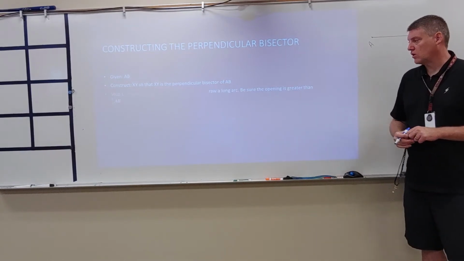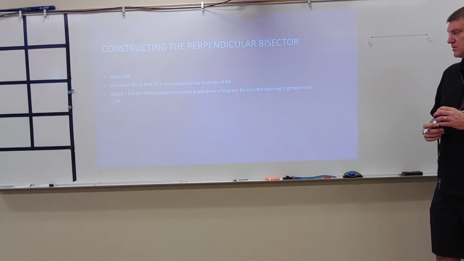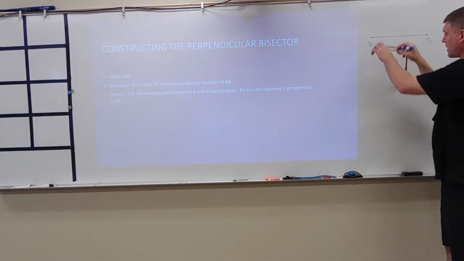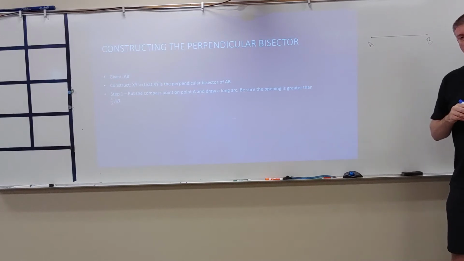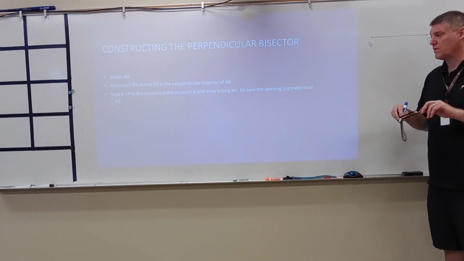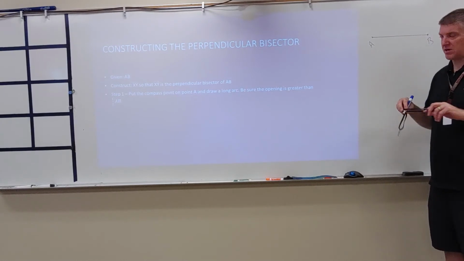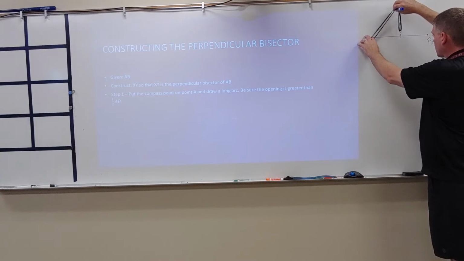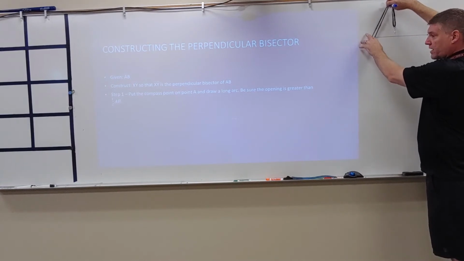All right. So the first thing we need to do is put the compass point on A. We're going to open our compass so that it is more than halfway along AB. It doesn't matter how much more, it just has to be more. Okay, you're going to create an arc